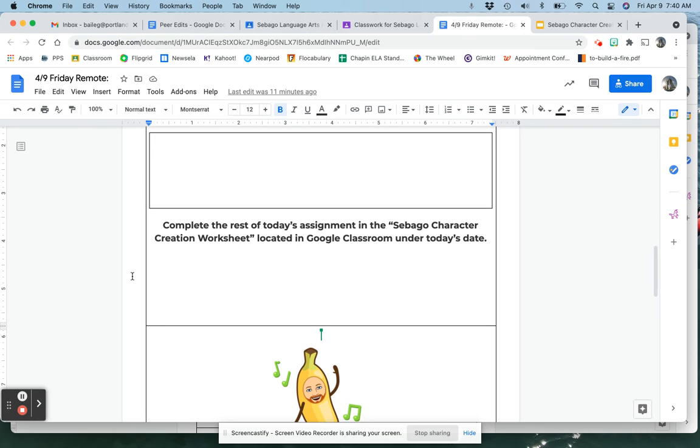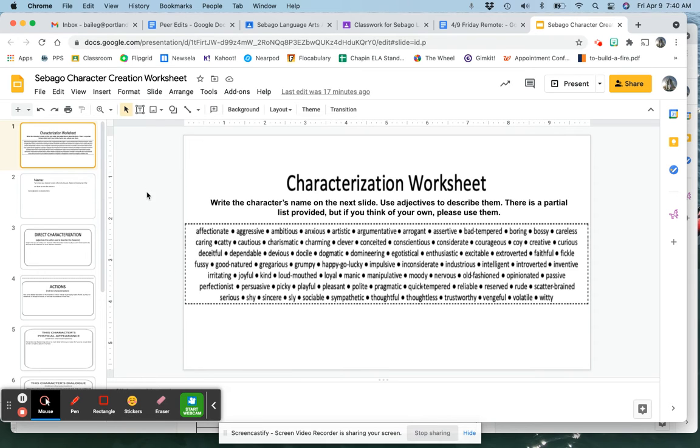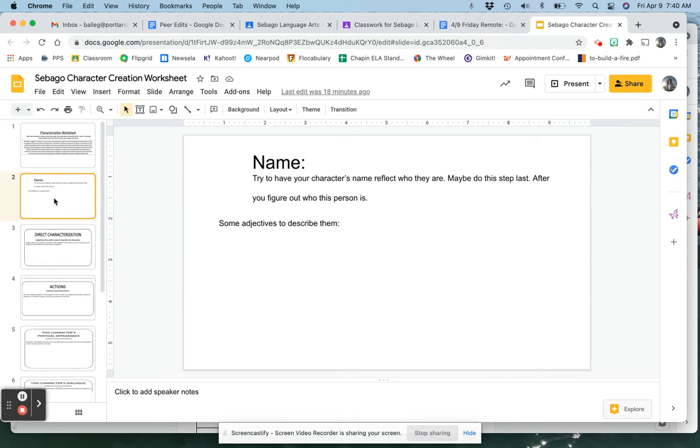The rest of the assignment will be completed in the worksheet, which will be linked. Find it right here. It looks exactly the same. And we'll just go through it real quick. So the name, your character's name, you want it to reflect who they are. If it's a strong character, you want to give them a strong name.